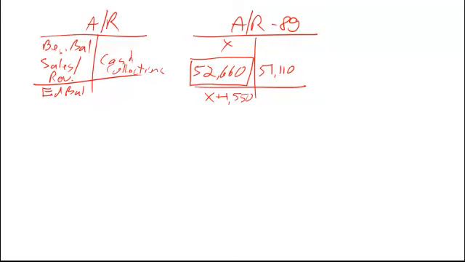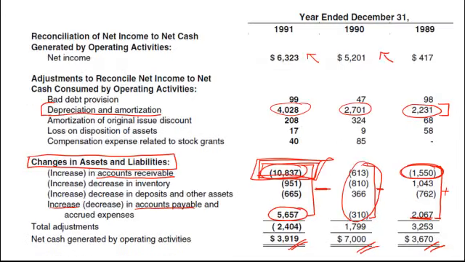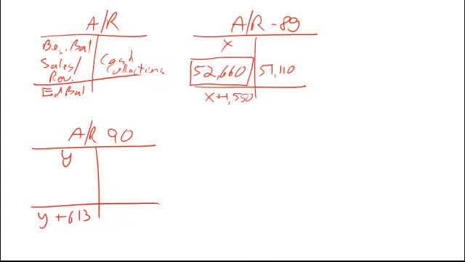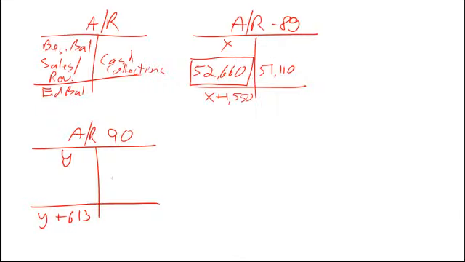Moving and doing the same for 1990, I'm going to use different numbers just not to confuse us. In 1990 we had, let's say, Y as a beginning balance and Y plus 613 as an ending balance. The 613 comes from the additional increase in accounts receivable. Well, looking at the direct method, we know that collections were 73,273, so I would plug the number on the credit side, and I can figure out that the sales revenues for the period were